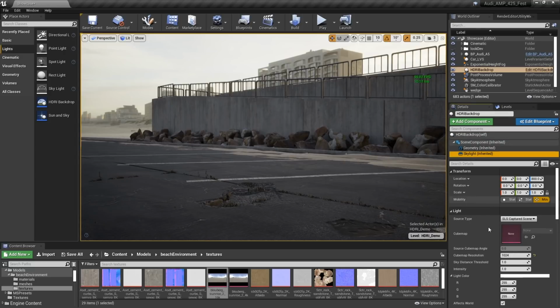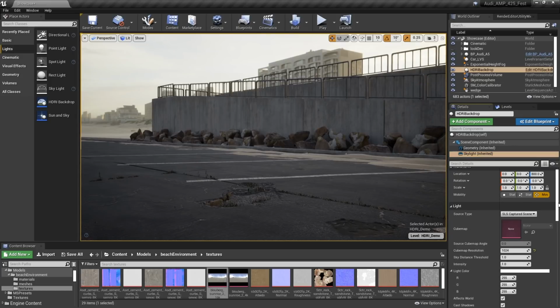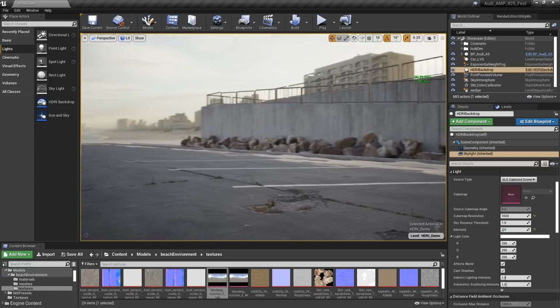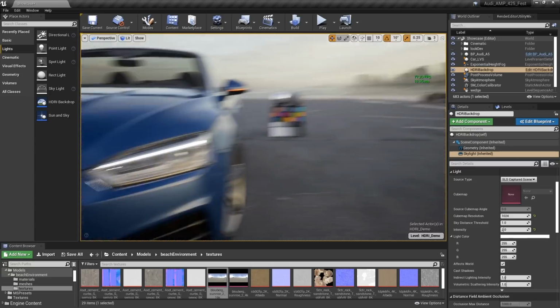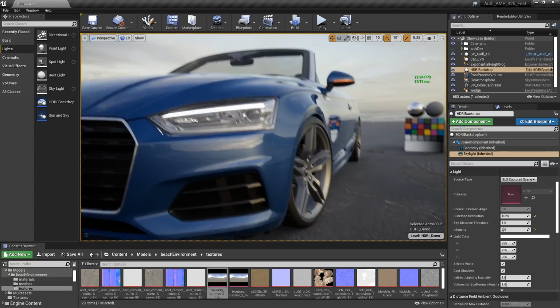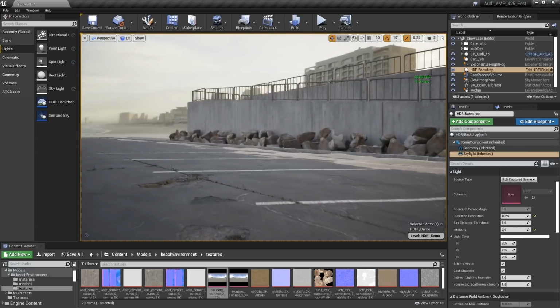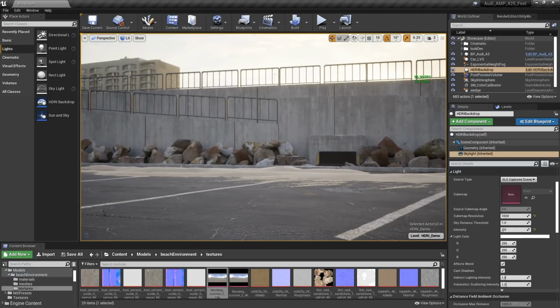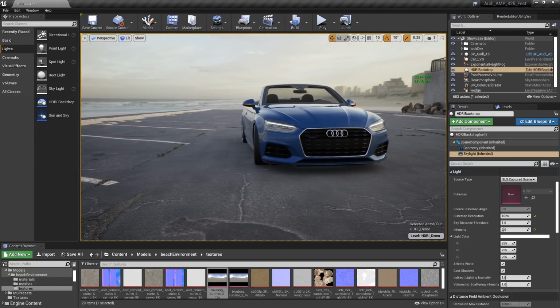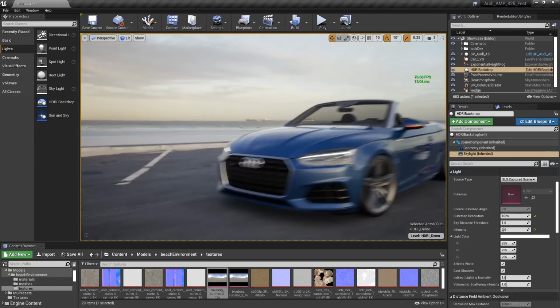So we'll just go highlight that skylight, and I'm going to go ahead and push this up to a value of 2, an intensity value of 2. And as soon as I do that, you can see that this feels a bit better. Now, it's still not exactly what I want. I really want to have a strong sun kind of burning off of that spot right there. And this is still feeling, it's got a little bit of directionality to it, but it feels really, really soft.